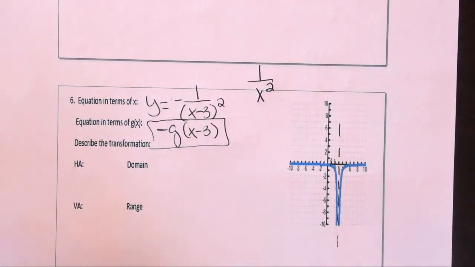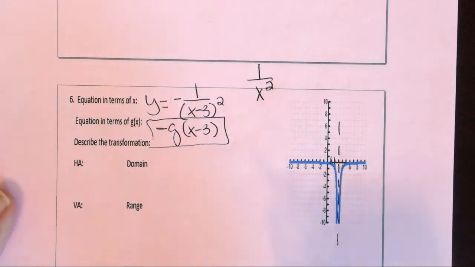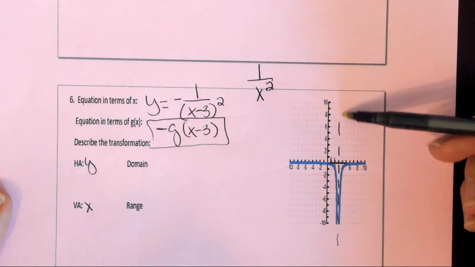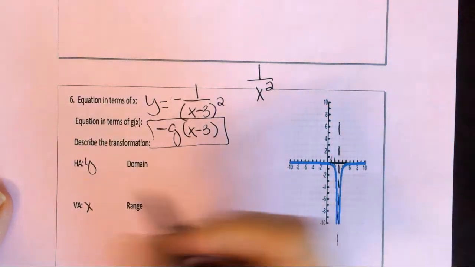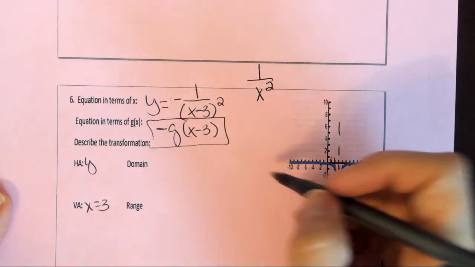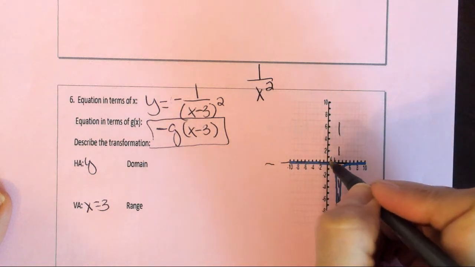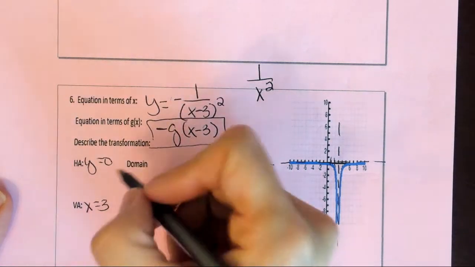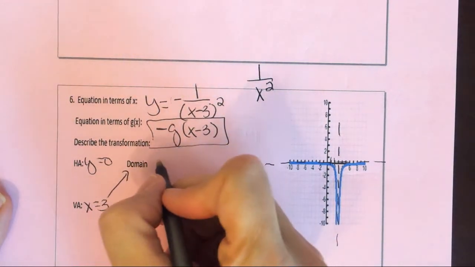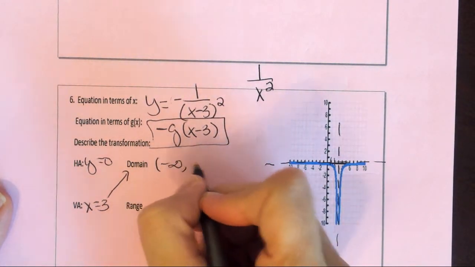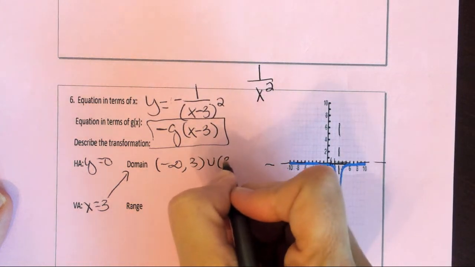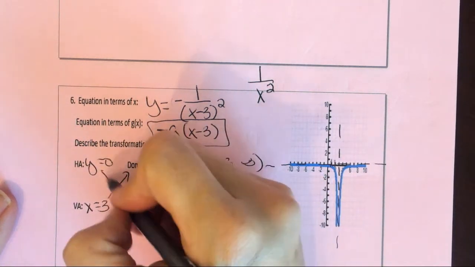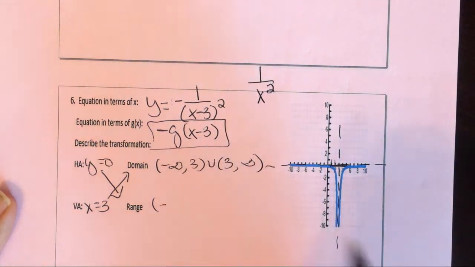We're going to review the horizontal and vertical asymptotes one more time. So again, we've got VA and HA. My asymptote is touching the x-axis at +3. My asymptote is touching the y-axis at 0, so y equals 0. The domain and VA go together, so it goes from -infinity to 3, and from 3 to infinity. The horizontal asymptote and the range go together, so it goes from